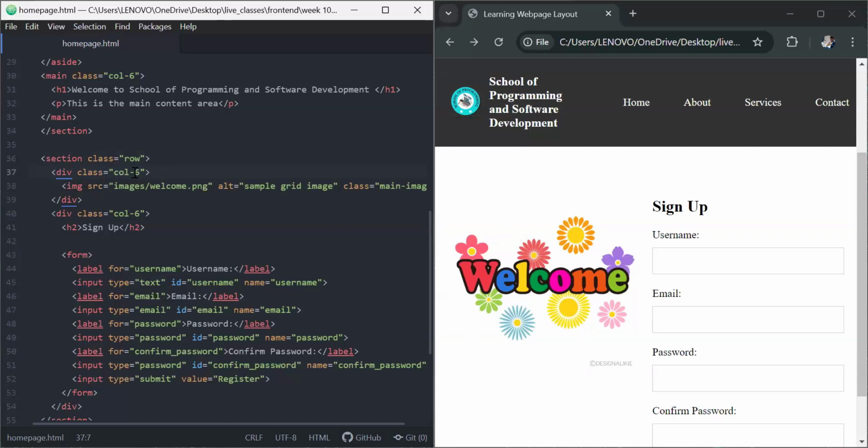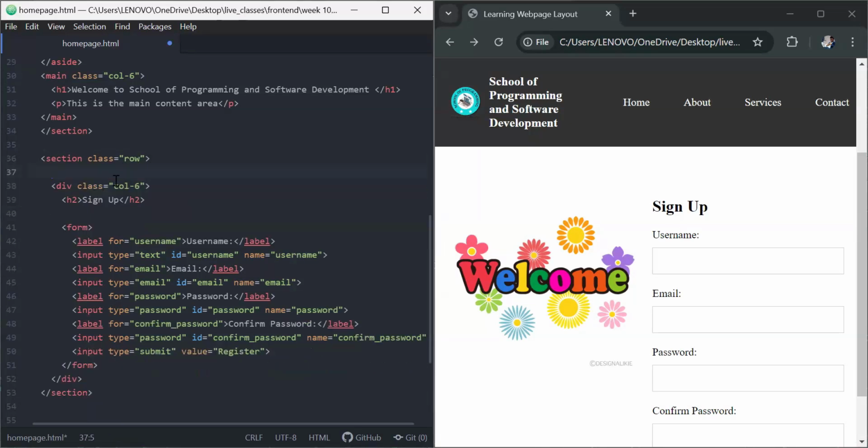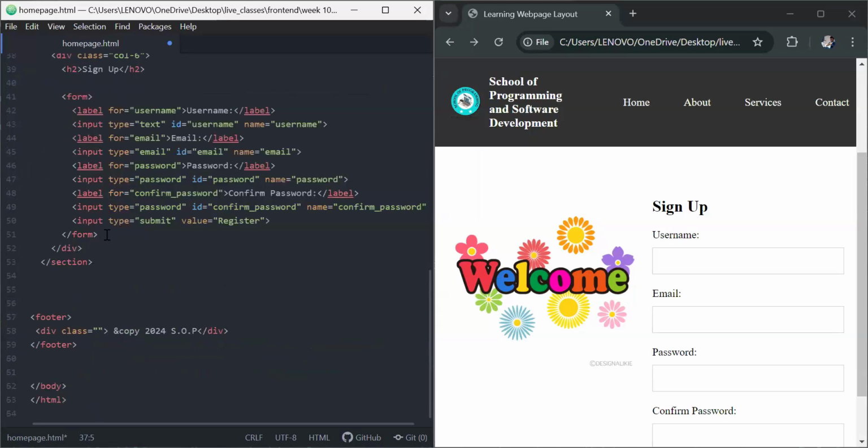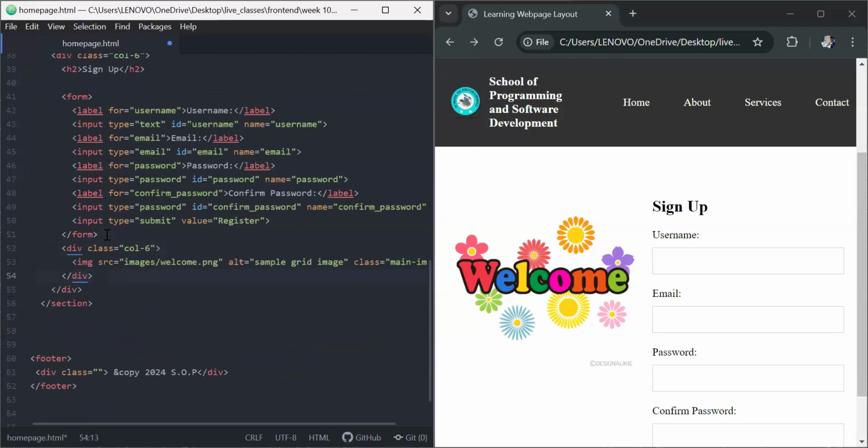So this class is a positioning grid class, and we're going to look at it. It makes sure that this image stays on the left part, or on this first part, since everything starts from the left. And I'm going to show you this. If I take this container and put it after the form, if I put it here and I save and I refresh my page,